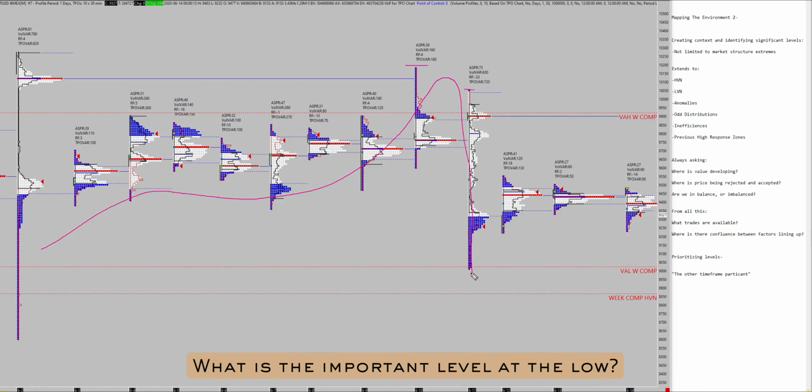What is the important level? At the low, we have a poor low. So what this means is the market came into this level, it didn't find an immediate buying response. Okay, so what this likely is setting up is a stop run. Okay, you can see that this was into a previous single print. We did not cover the entire single print. It is likely that we're going to take out this low at some point, but right now we've been moving